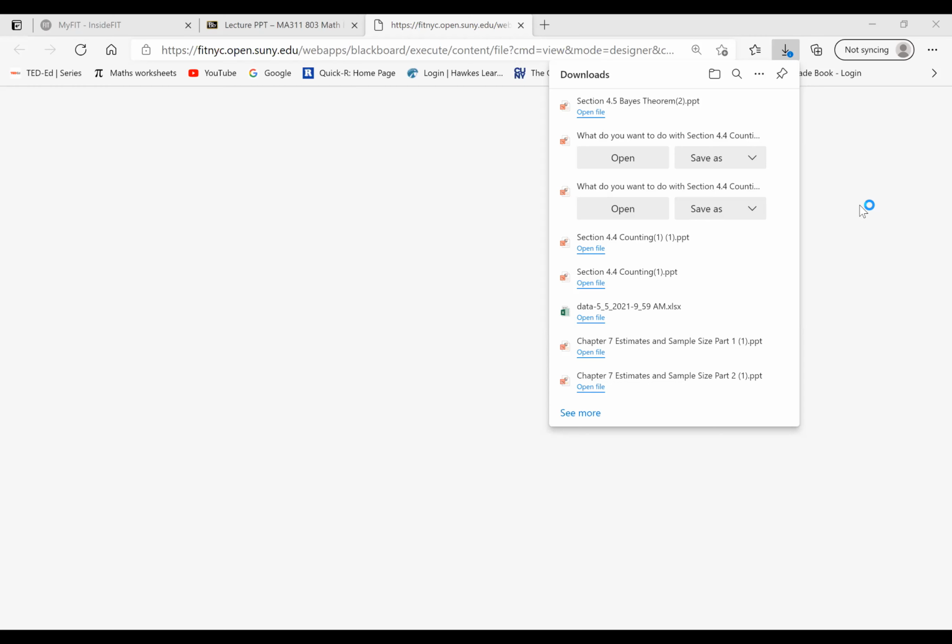Remember, we talked about conditional probability. It's the probability of A given that event B occurs, right? Probability of event A given that